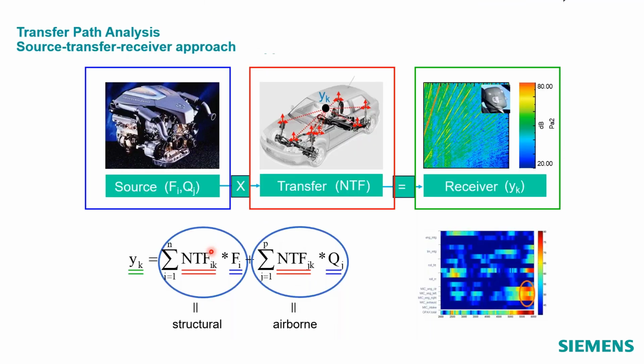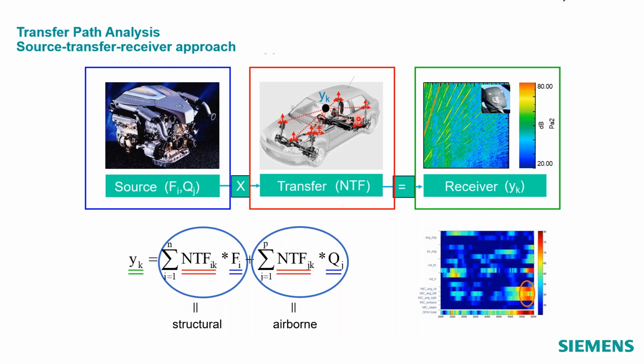So we use this slide a lot when we talk about transfer path analysis, and we take a source transfer receiver approach. On the left side, we have some sources, and I'm going to go through an automotive example today, but it could be an agricultural example, it could be a drill, anything that's causing some type of a force or some kind of a sound we can quantify through a volume velocity or volume acceleration. So we're going to have some type of structure-borne force or acoustic loading operating on our system. And that's going to be multiplied by the transfer functions between the source locations and different receivers.